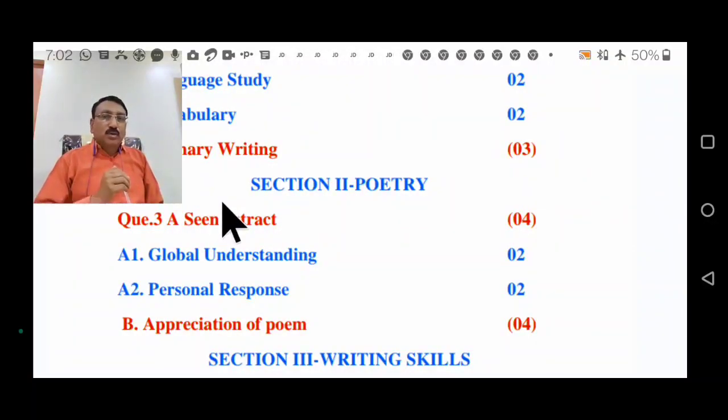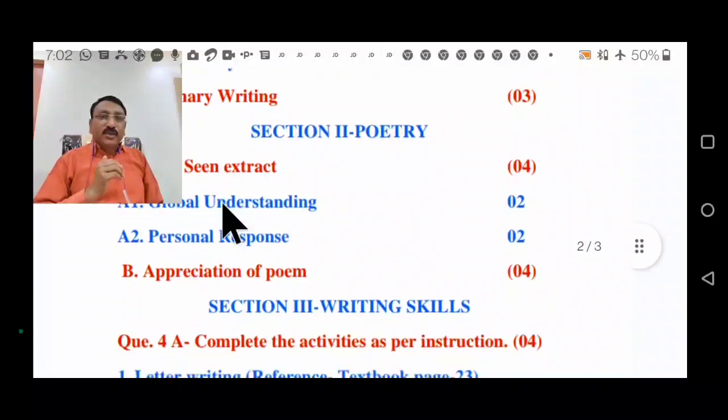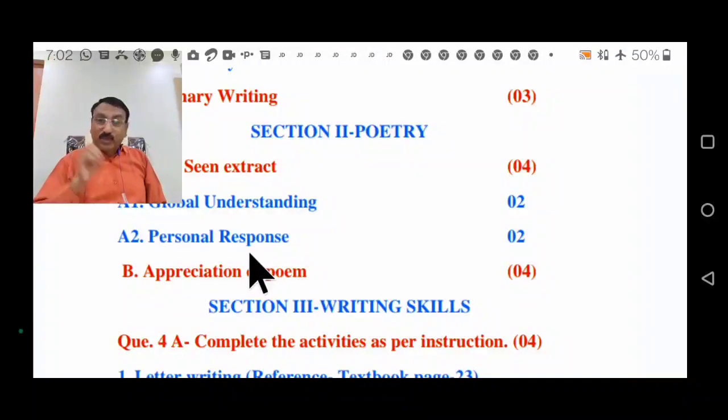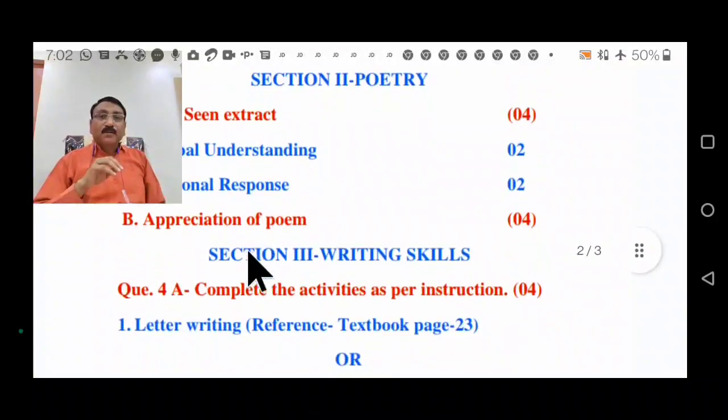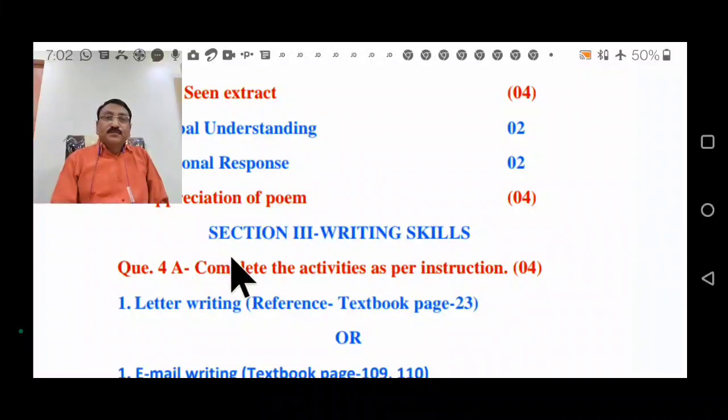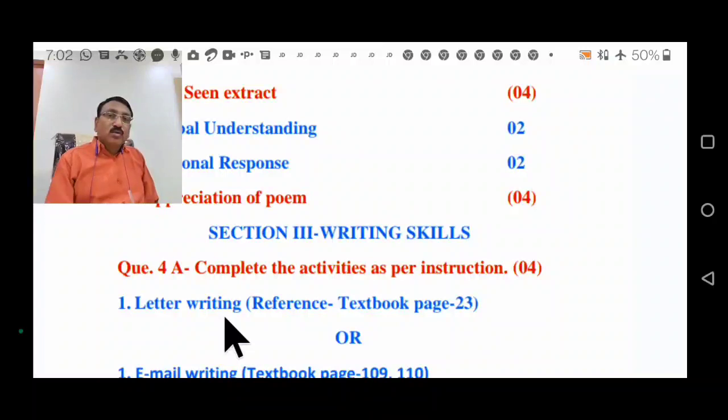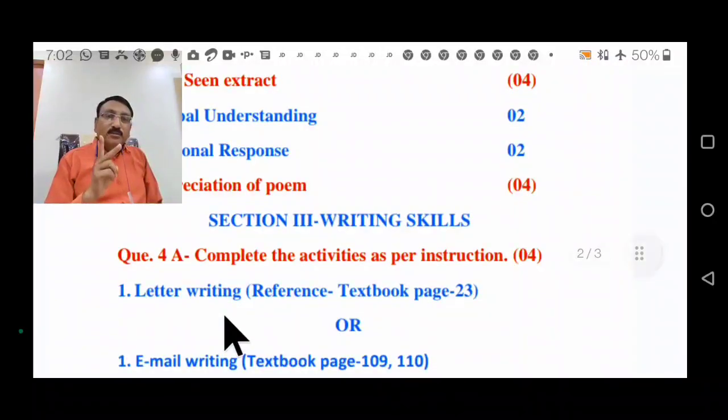So let us move to the next section, which is entitled writing skills. It is also a very significant section. Here the students need to attempt the activities as per the given instruction. So let us look at question number 4a, complete the activities as per instruction. This sub question, question number 4a, carries 4 marks, and here the students will have 2 options, letter writing and